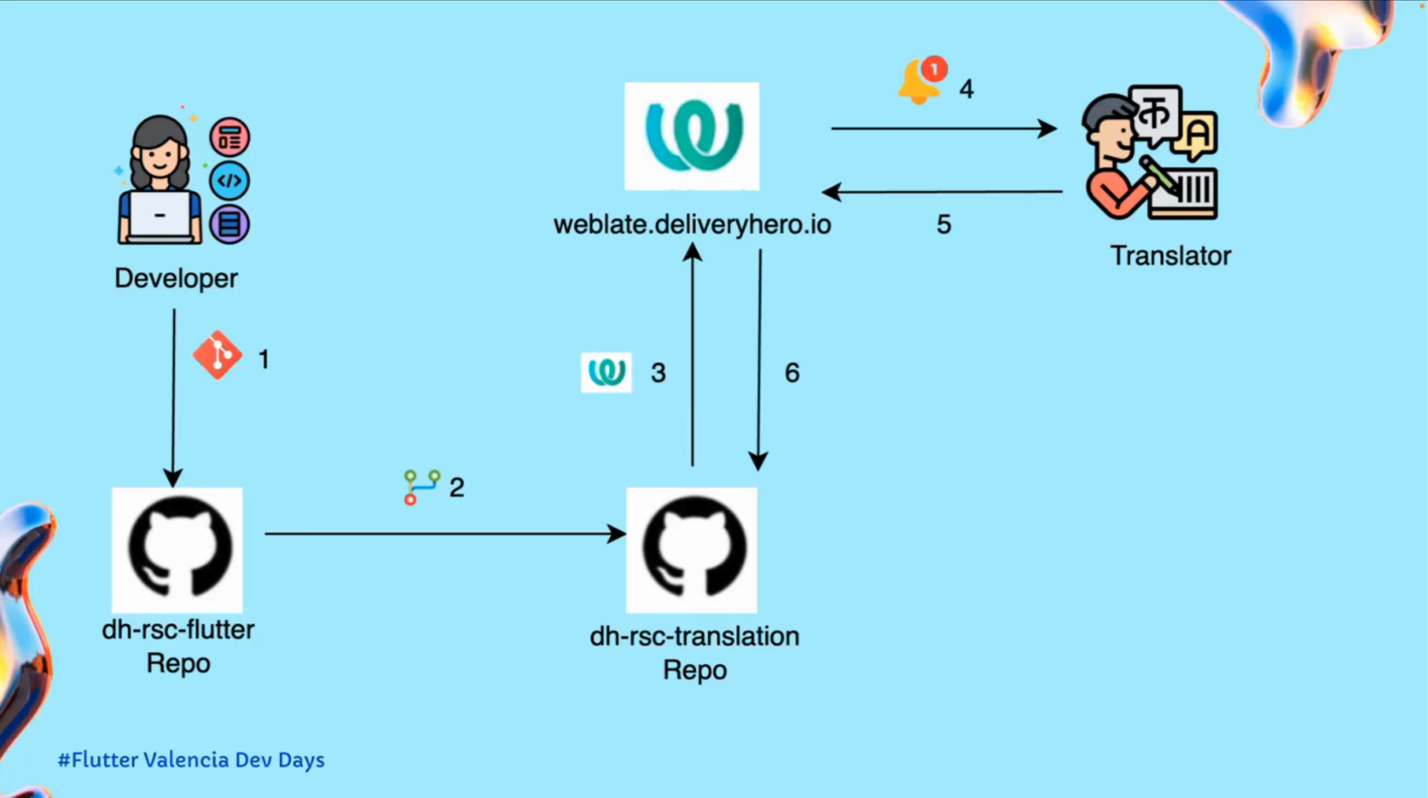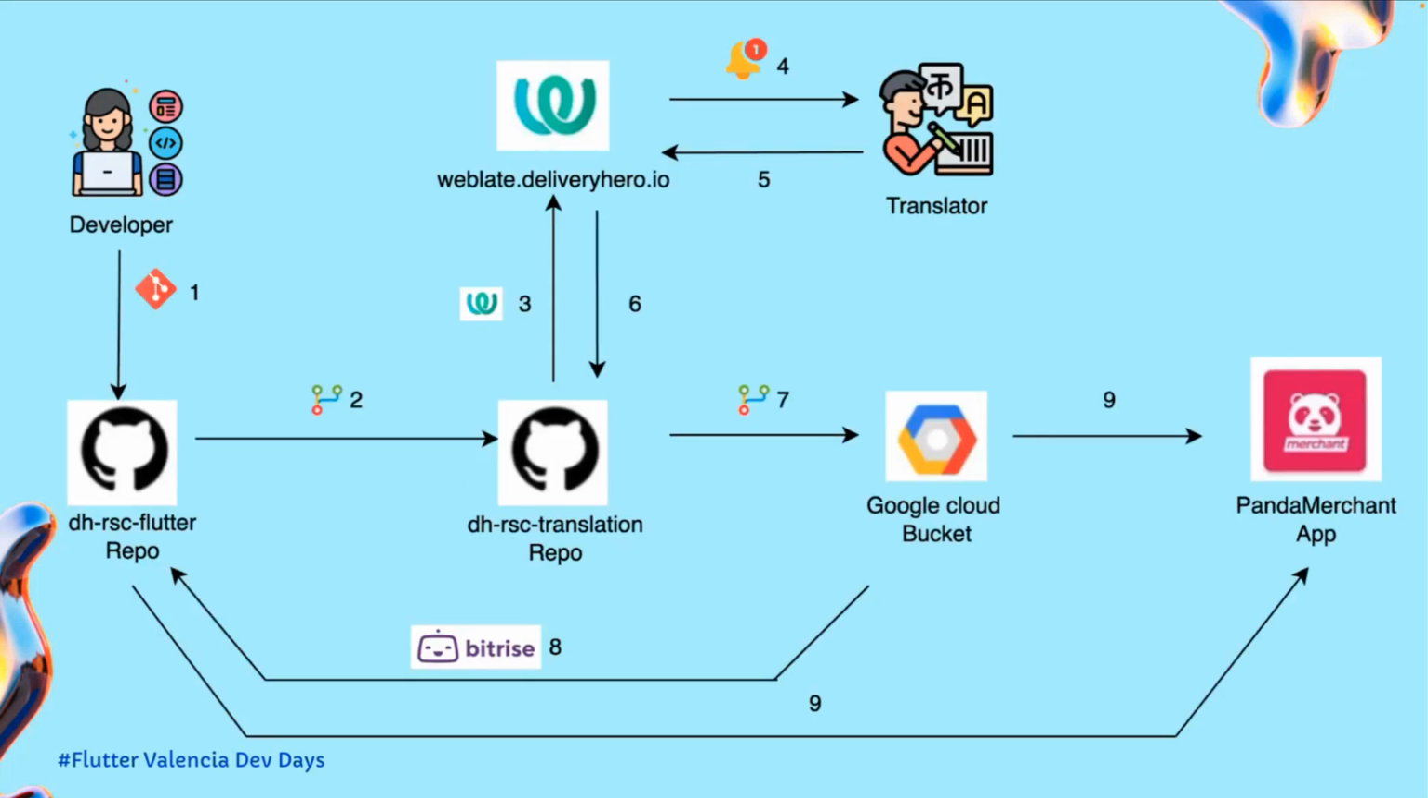So for example, when there was a key that needed to be translated, the translators were notified, and they would manually translate the strings in the respective languages. Once all of this was done, the translations were synced back into our GitHub repository. Once all of this was synced, we exported it to a Google Cloud bucket, and this was our remote source